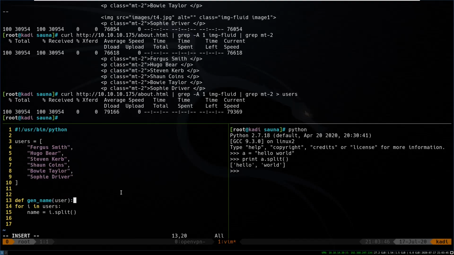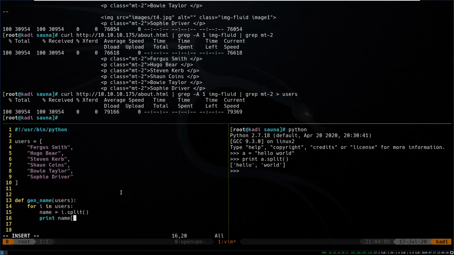Here, we'll do it that way, so I don't have all the variables named the same thing. It's going to take in a list of users. Okay. So we'll say for i in users, name equals i dot split, and then we will print